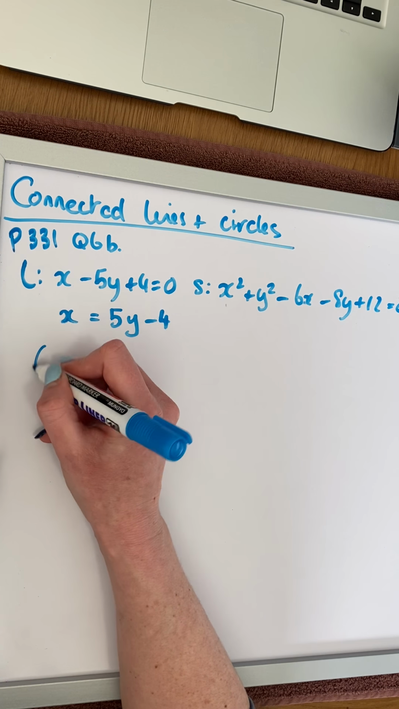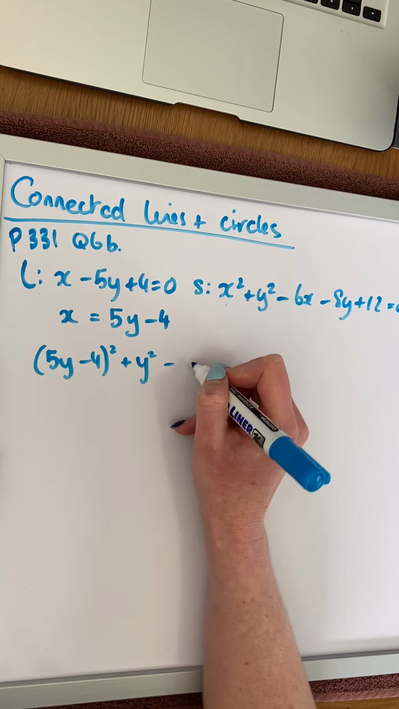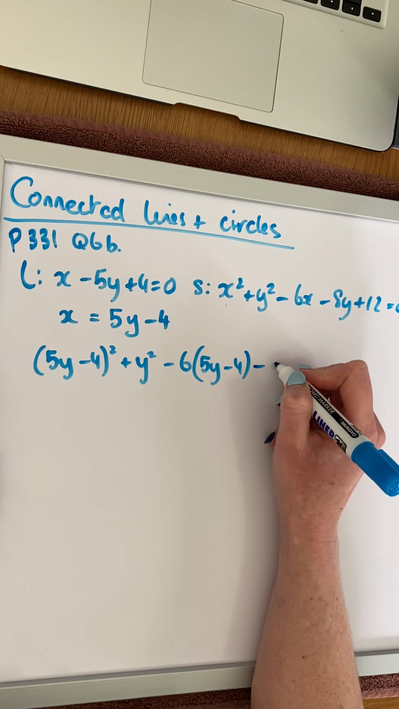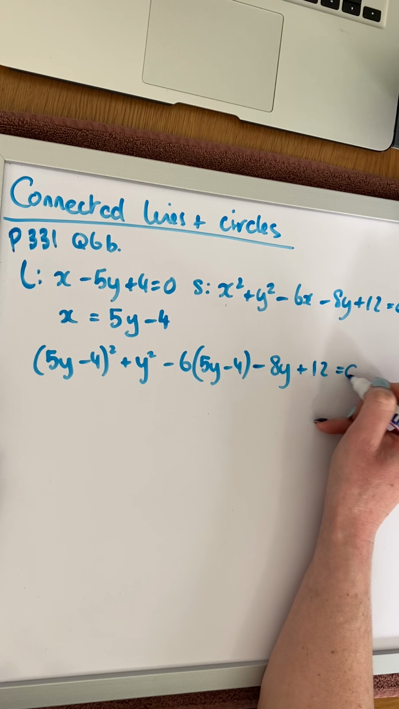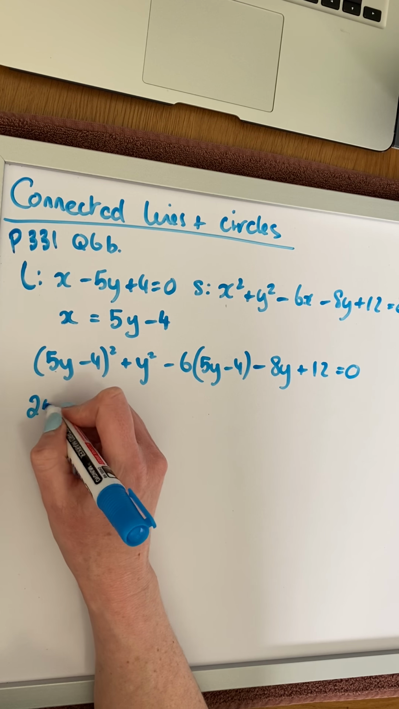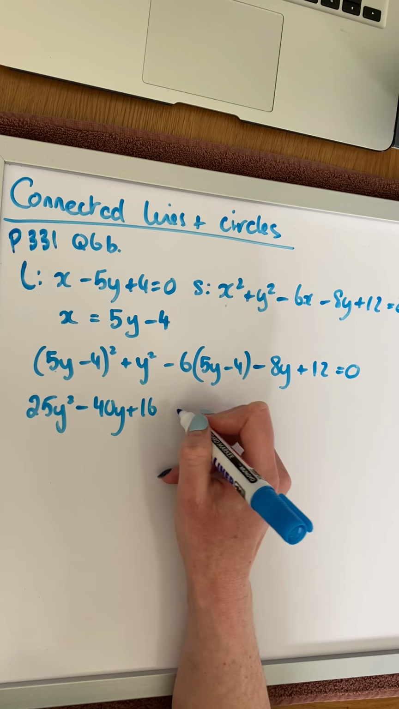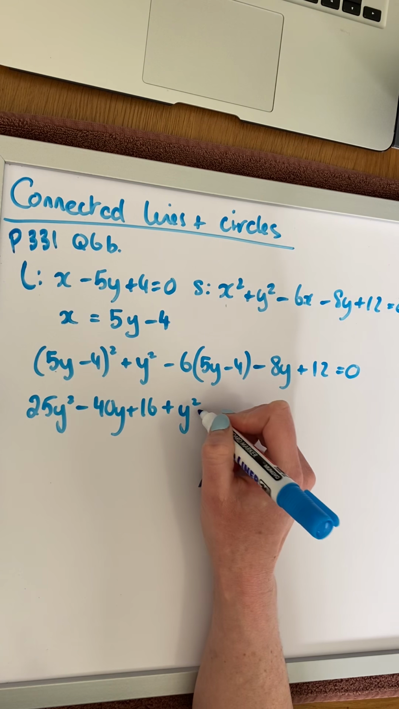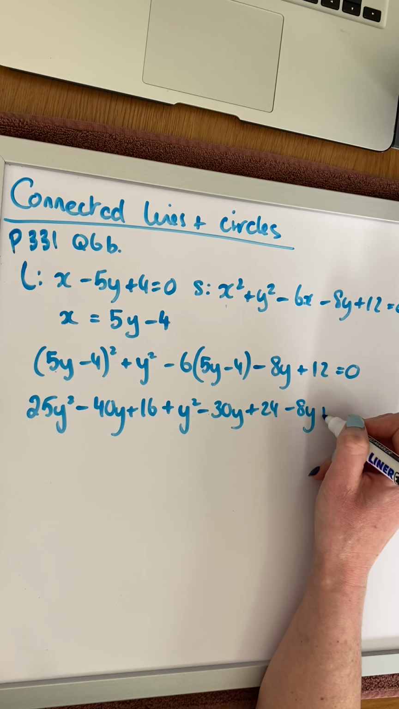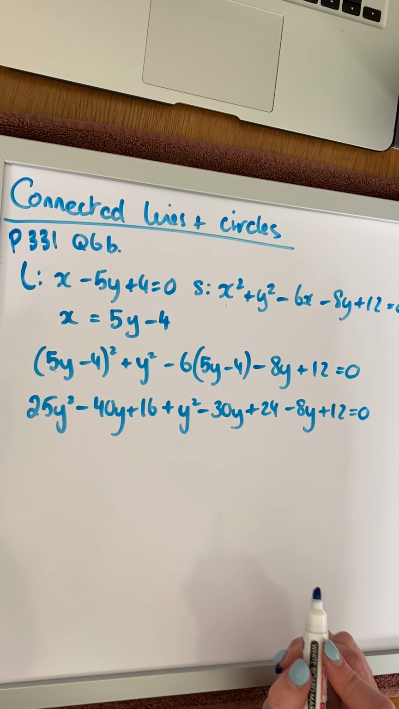So our circle equation is x squared, so that's 5y minus 4 to be squared, plus y squared, minus 6x, so again we substitute 5y minus 4, minus 8y plus 12 is equal to 0. Multiplying out, 25y squared, so we have minus 40y plus 16 plus y squared minus 30y plus 24 minus 8y plus 12 equals 0. And now we need to tidy it up, so we're dealing with a single